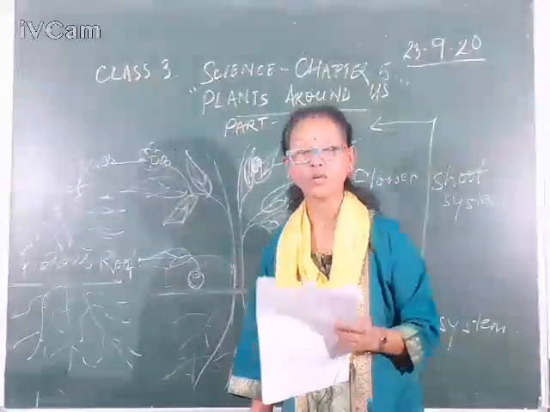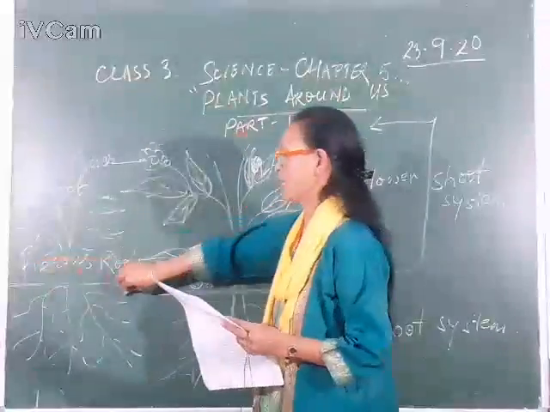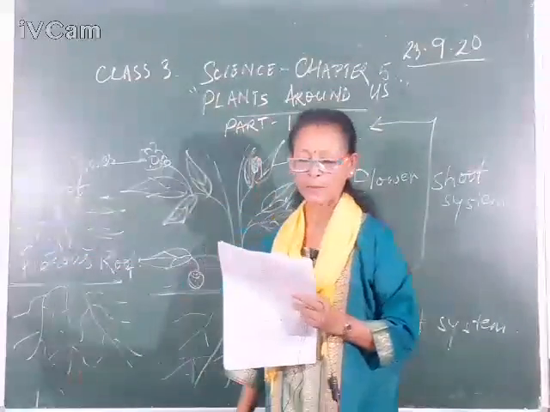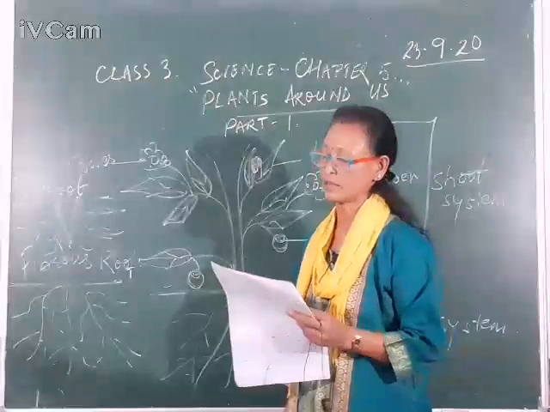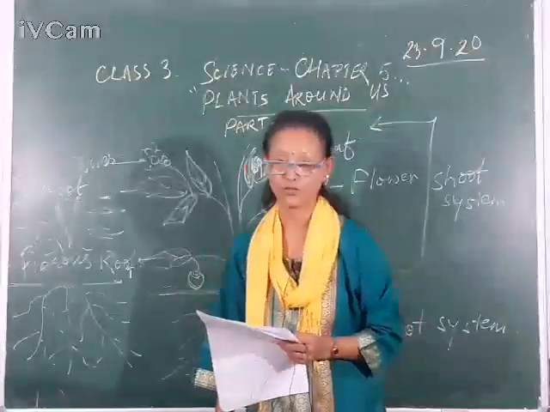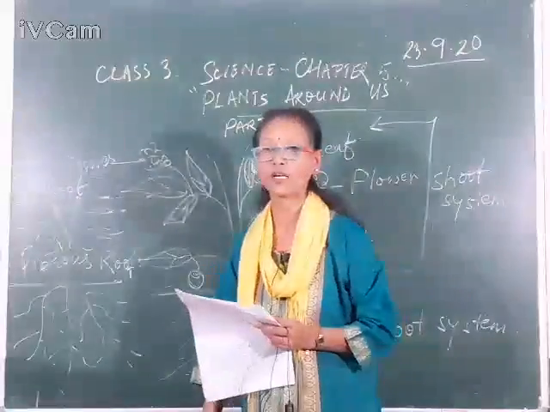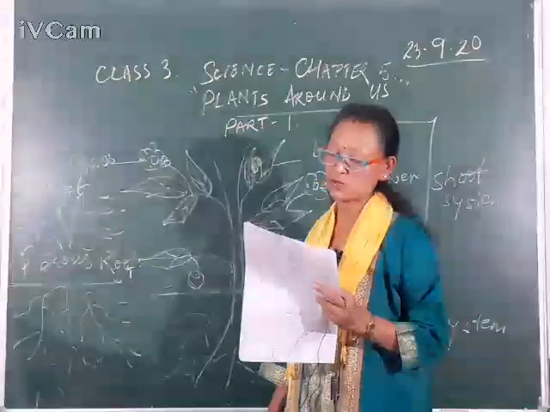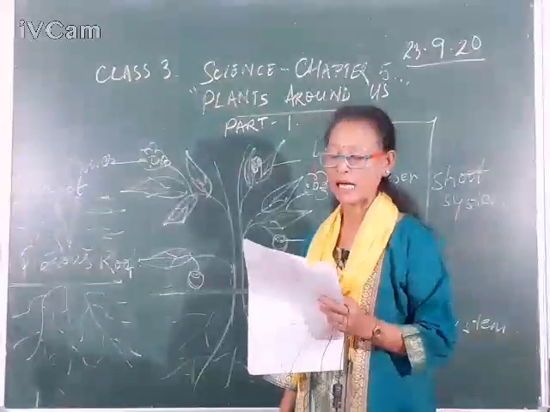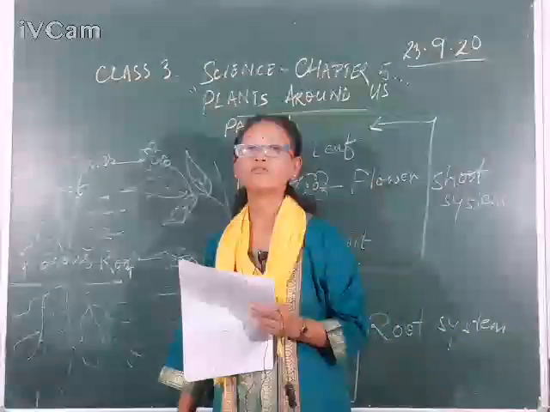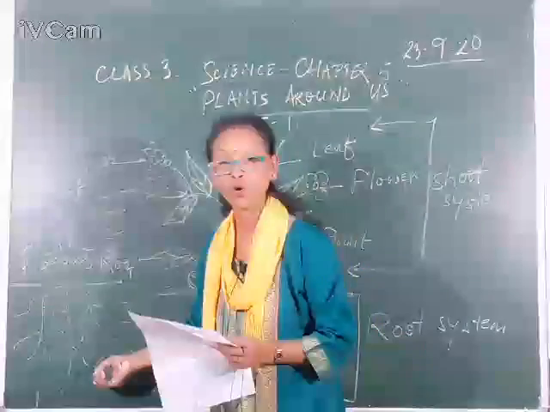They grow near the surface of the soil. They grow under the soil or near the surface of the soil. And plants like wheat, rice and onion have fibrous root. So where do you find fibrous roots? Fibrous roots are found in rice, wheat and onions. So they prevent soil erosion.